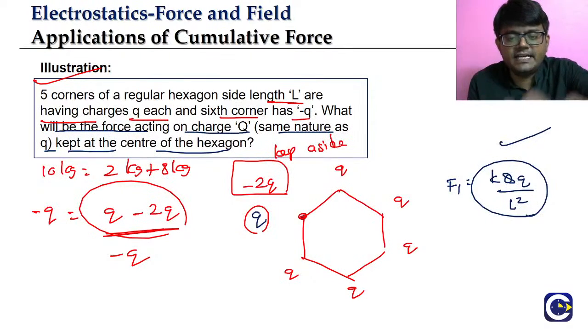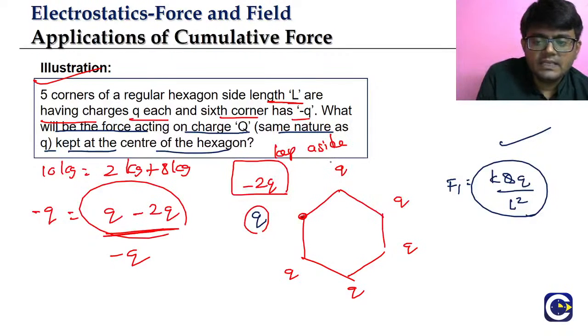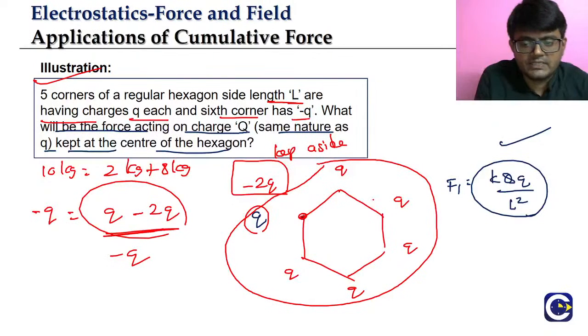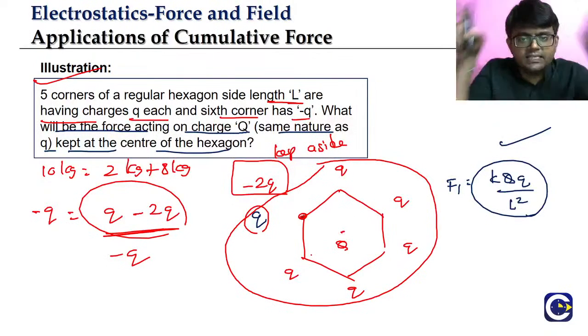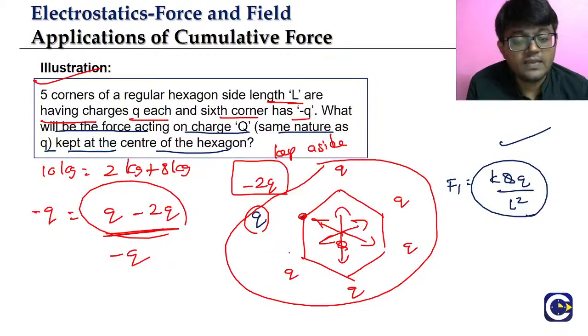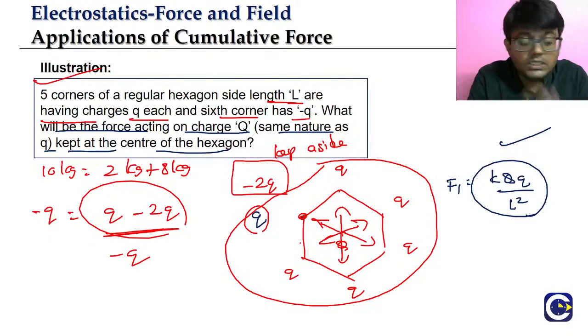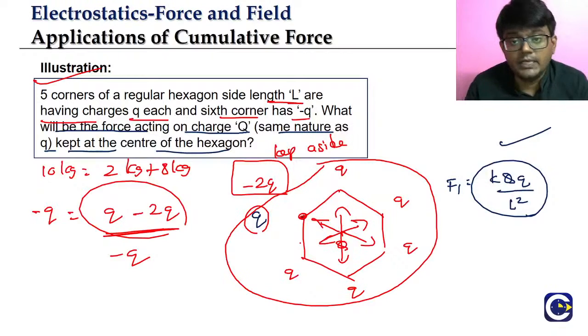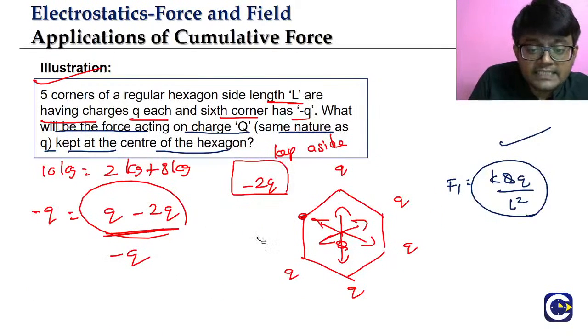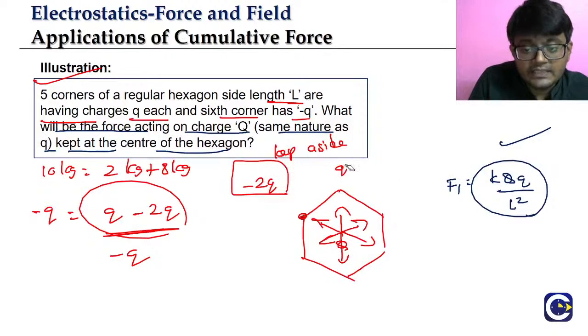For a moment, just keep this aside. Observe this and the 6 charges' combination, which we have already discussed. These 6 charges will apply 6 forces on the charge which is kept at the center. What will be the resultant of all these 6 forces? They are equal magnitude forces which are uniformly distributed in space, so the total resultant value will be 0, which means the force because of all these 6 charges acting at the center charge